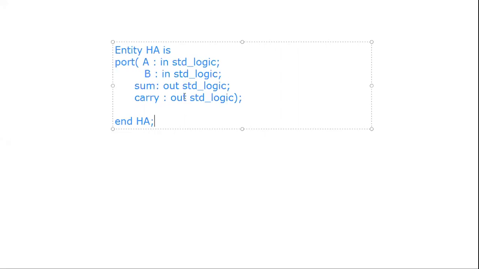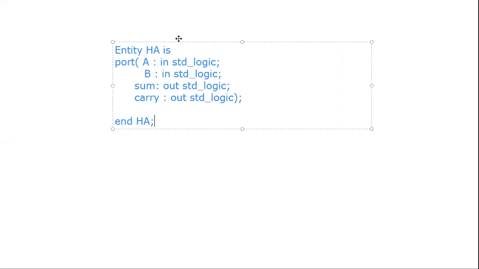The entity is common to all the architectures. So suppose you are writing the architecture with the 3 different levels: data flow, structural, and behavior. మూడిట్లోనూ రాస్తున్నాను అనుకోండి, మూడిట్లోనూ ఆర్కిటెక్చర్ బాడీ 1, ఆర్కిటెక్చర్ బాడీ 2, ఆర్కిటెక్చర్ బాడీ 3 కింద మనం డిఫైన్ చేసుకోవచ్చు. కామన్ ఎంటిటీ. So this is how to write the entity declaration.